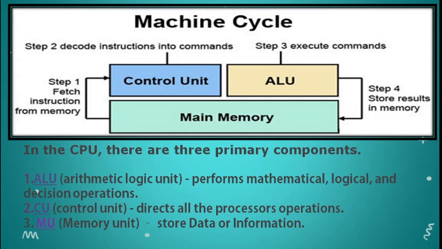Second one is control unit. The control unit works like a traffic policeman. It controls and manages the working of all the parts of a computer. Third one is memory unit. In this unit, we can store information or data according to our need. The information in the memory can be changed and recalled on the screen whenever needed. The data and instructions which are to be processed are also stored in the memory unit.